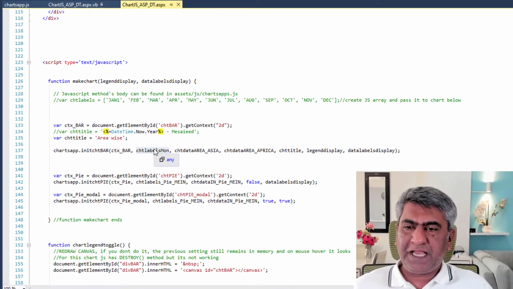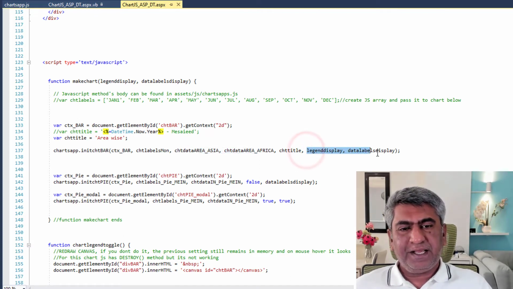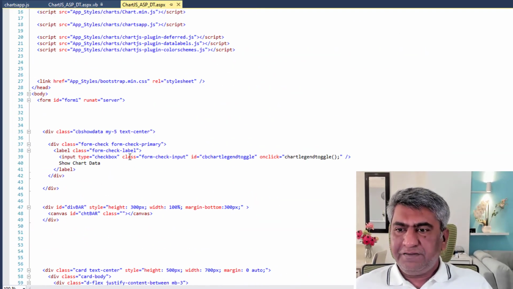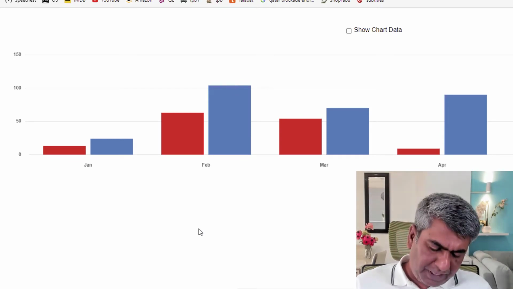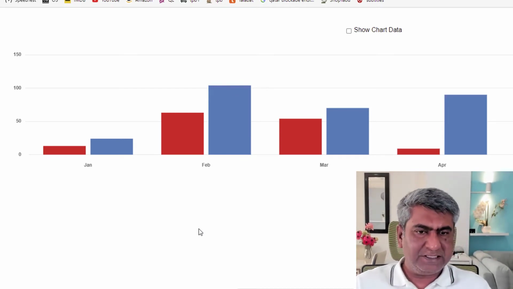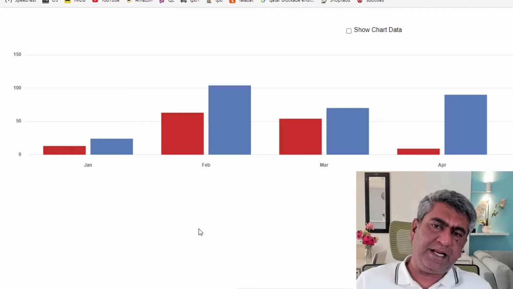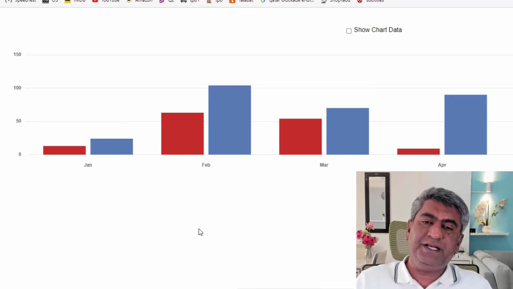So as we saw, we have this variable being defined in the code behind, and the same way these two variables also. Let's talk about legend display and label display. Why have I used this feature? Why did I give the checkbox here? This one. Why didn't I show my data directly on the chart? In my real project, my charts are very small. They are not as big as this demo. So it doesn't look good with many things on the chart. I wanted it to be cleaner, so I wrote code so that whenever the user wants to see the data, they can see it. But at the start of the page load, it should be clean and crispy looking.